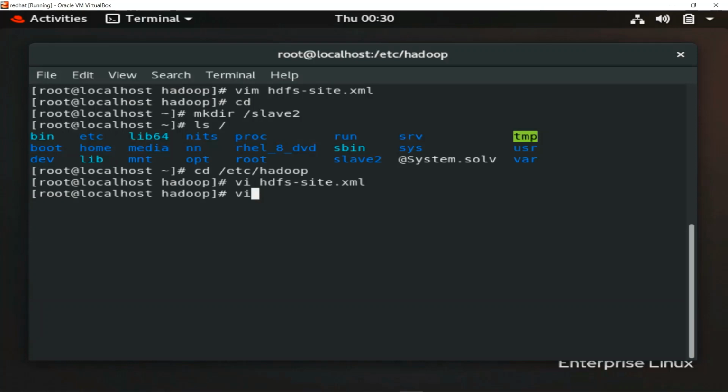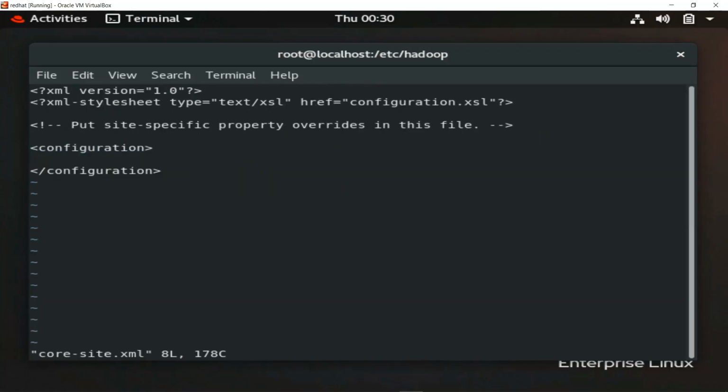In the same way we have to go inside to configure the core file. And providing this to the name node, close.